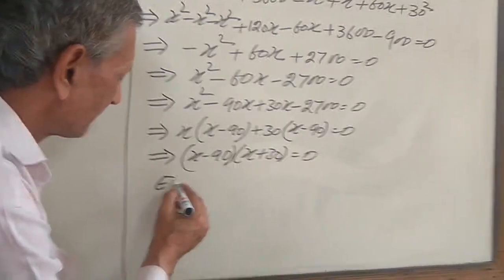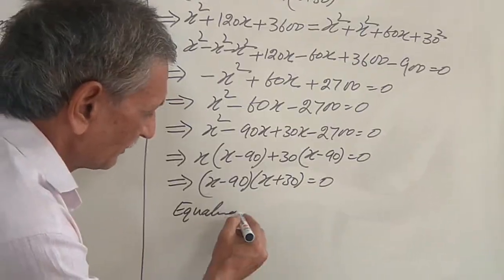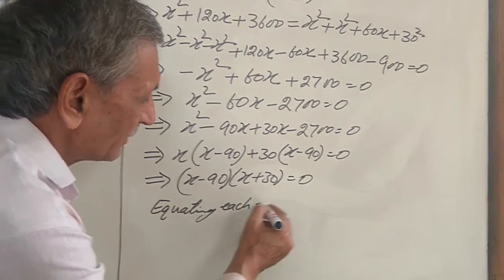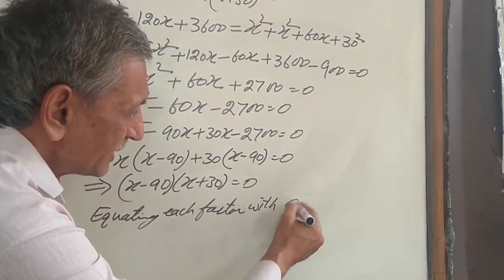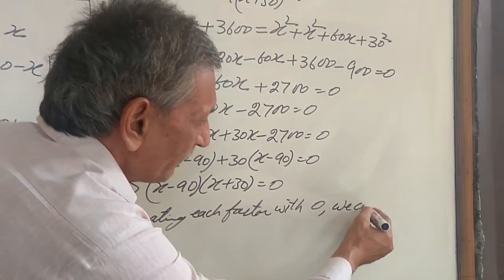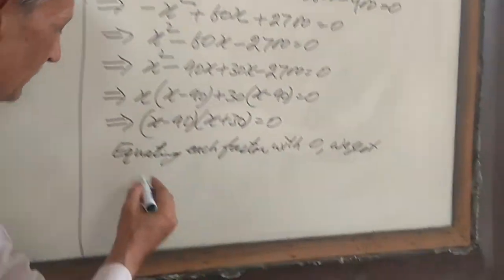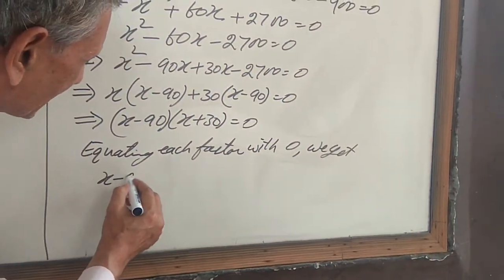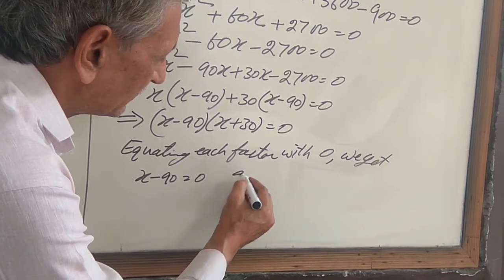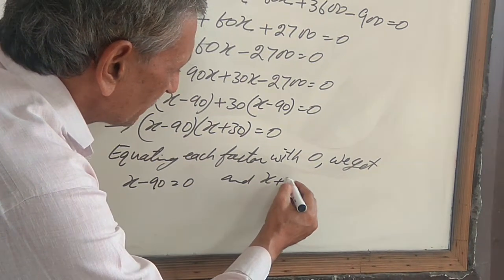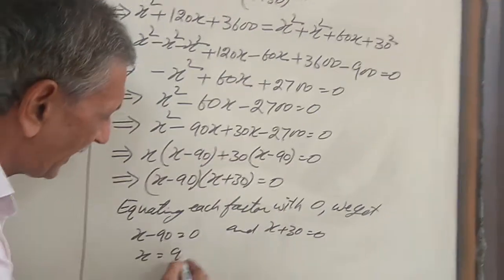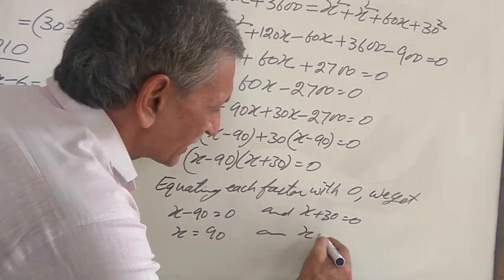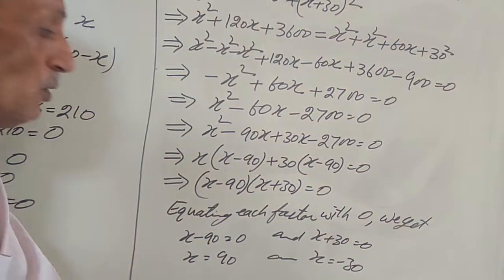Equating each factor with 0, we get x minus 90 is equal to 0 and x plus 30 is equal to 0. So this should give you x is equal to 90 and this should give you x is equal to minus 30. Now you must remember one thing, that x